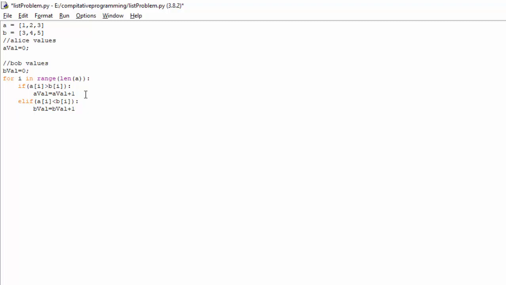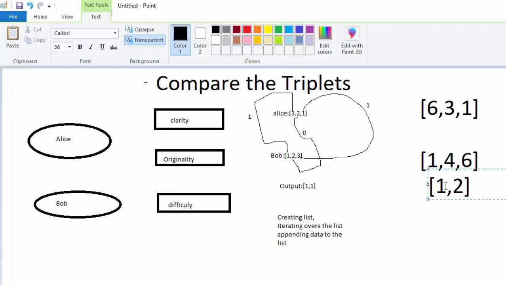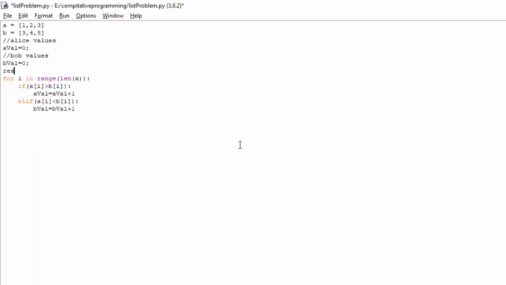Okay, simple. Now once I have everything, I need to print it as a list here, right? So for that I'll use something like res, an empty list I have created as of now.